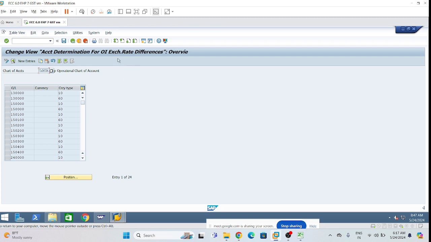You guys remember this configuration we have done, right? At the time of foreign currency valuation, we have done this configuration. Same we need to do, since we are doing this posting, maybe some exchange rate related error is coming. Now you will ask why this is coming. We are doing this in INR only, right? Correct. But